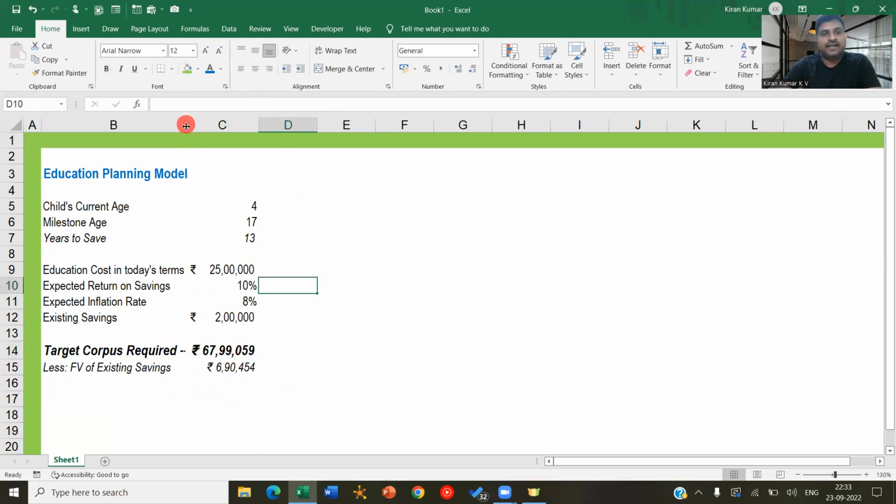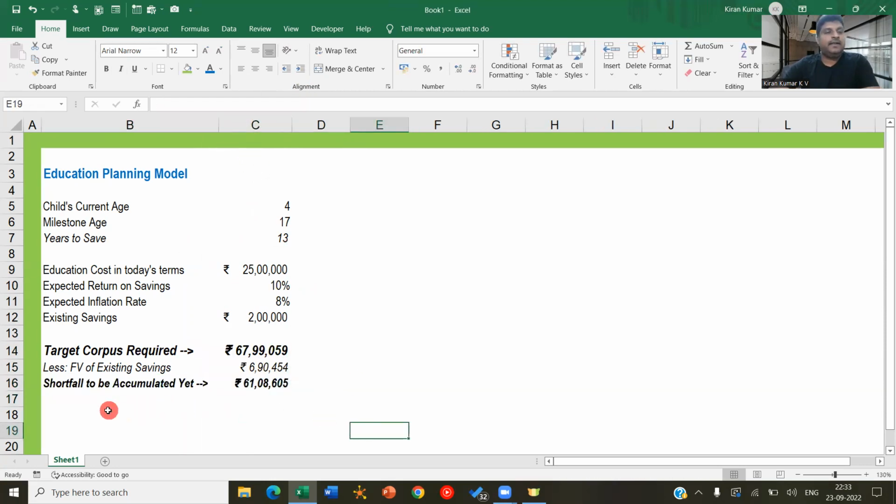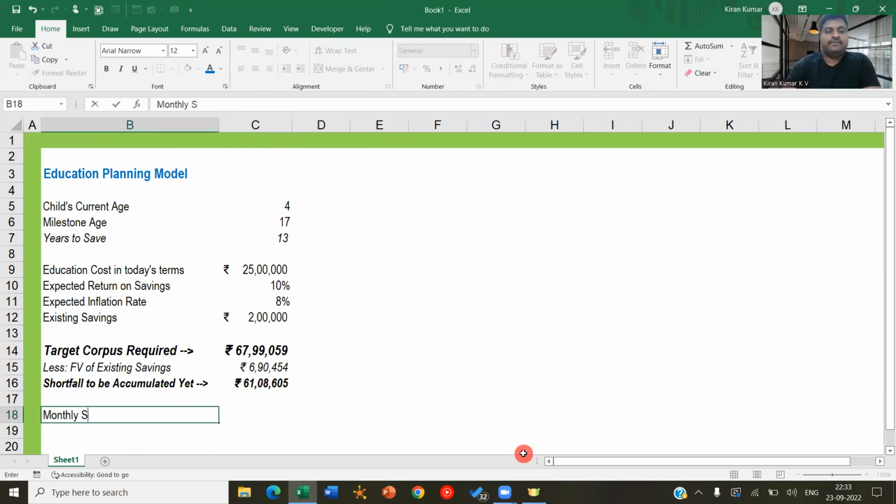So now that I have the target corpus of around 67 lakhs, whereas out of that 6 lakh 90 is already arranged for, therefore I will say shortfall to be accumulated yet. That means we still have to accumulate a corpus of around 67 lakh 99,000 minus 6 lakh 90,000. This is basically what I want to achieve. All right. Now, what I should save every month. Monthly savings required to achieve the above shortfall. To achieve the above shortfall, if I were to calculate here,